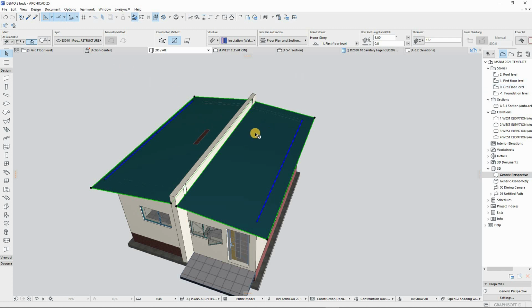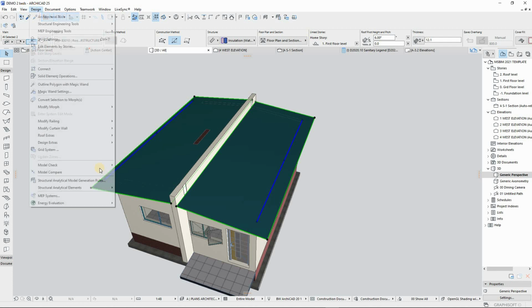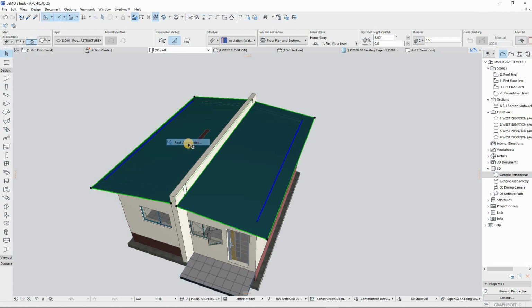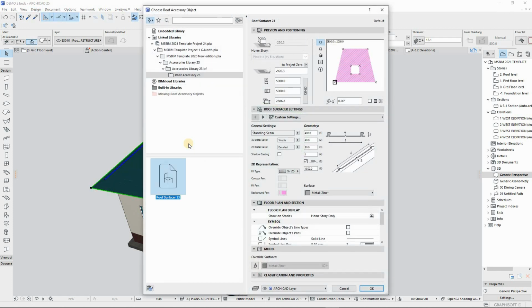So let me select the two roofs, then go to design. Under design extras, once you've installed your roof accessories, you access the accessories, then the roof accessories. So from there, I'll pick the roof surfacer,